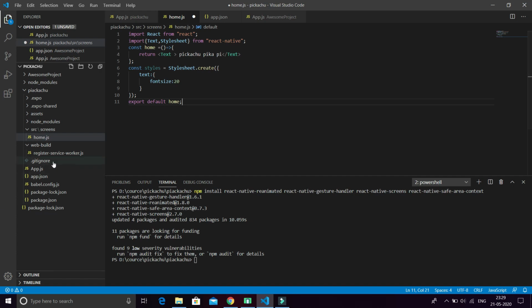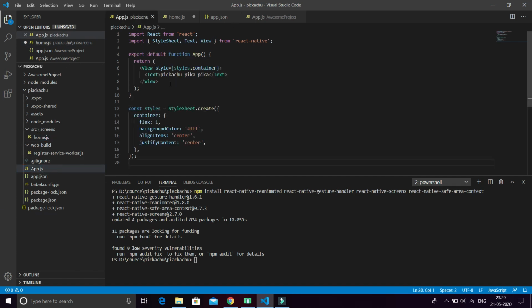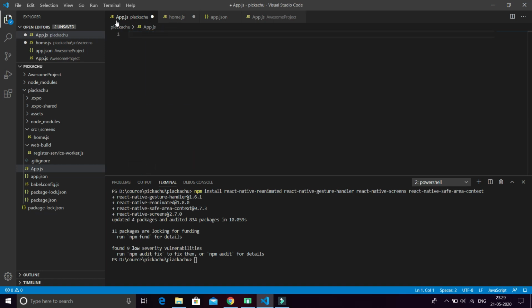Okay, so let's come back to our app.js file and remove all these things, because we have to navigate from the src screens folder to here.